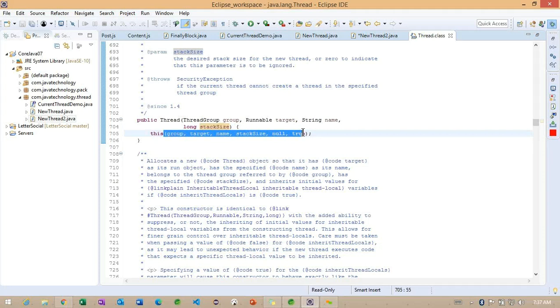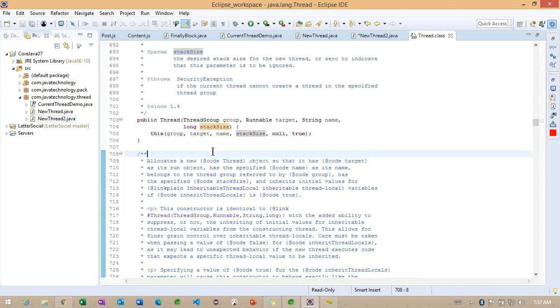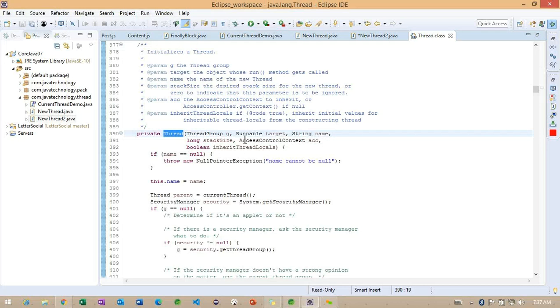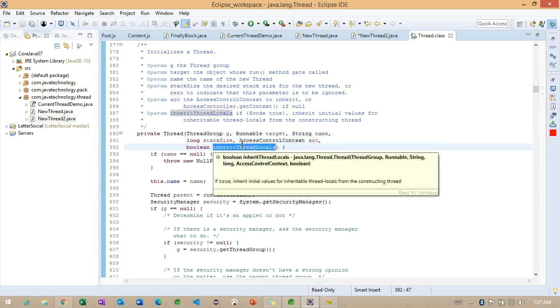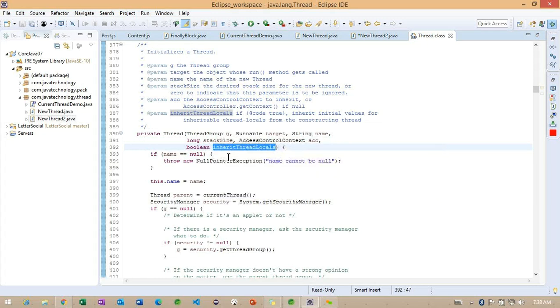One more constructor is executing, and with how many parameters? 1, 2, 3, 4, 5, 6 parameters. With the 6 parameters, we have one more constructor. So you can see, these are the 6 parameters.